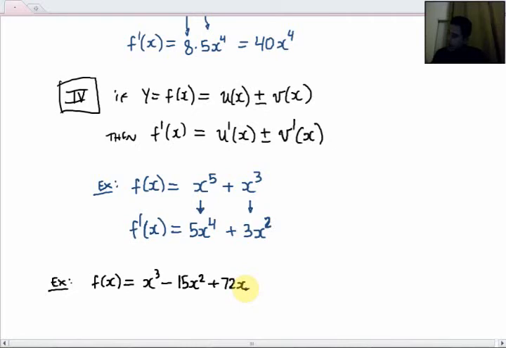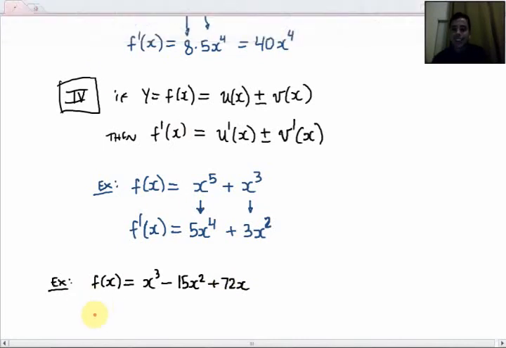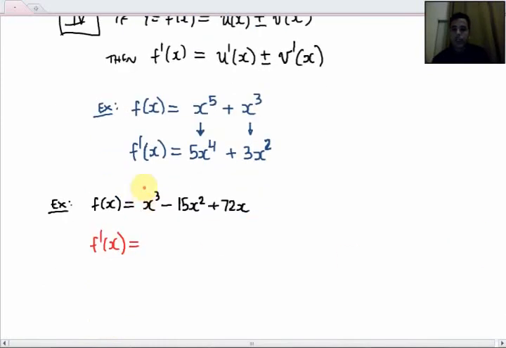Well, I'd like to see if you can figure this one out. Okay, well, let's see if we can do this. Here is the derivative. The derivative of this one is easy. That's 3x squared. Bring the 3 down, subtract 1 from 3, that's 3x squared. And then minus,